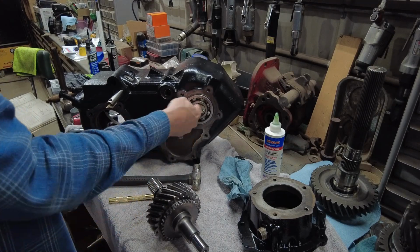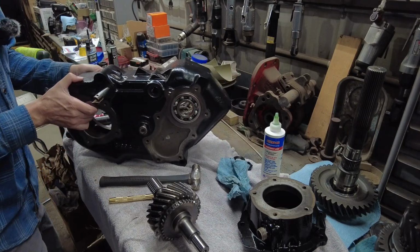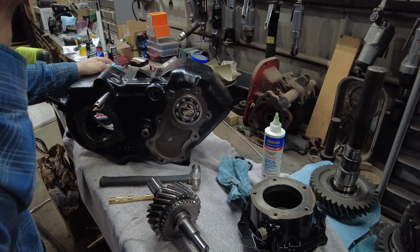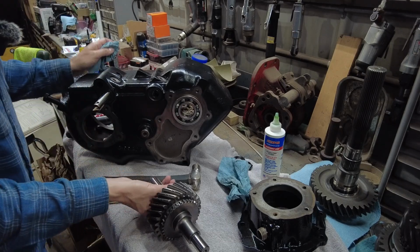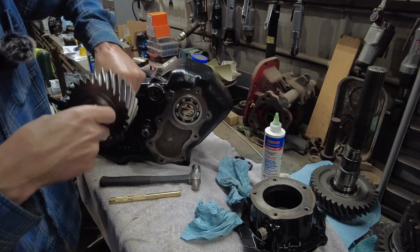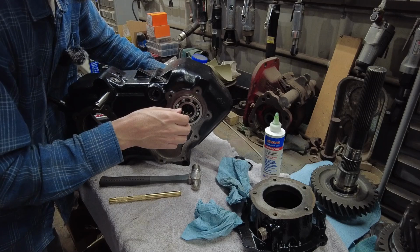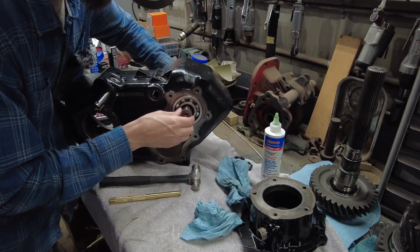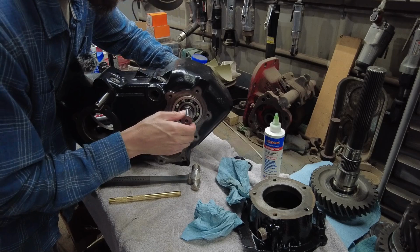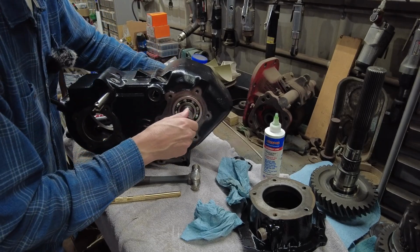I like hearing them bearings get some grease. I don't know why. I hate installing dry bearings. It just scares me, I guess. So then I'm going to take my brand new input shaft that I bought. I'm going to slide that in from the back, slide this into the bearing, and I believe